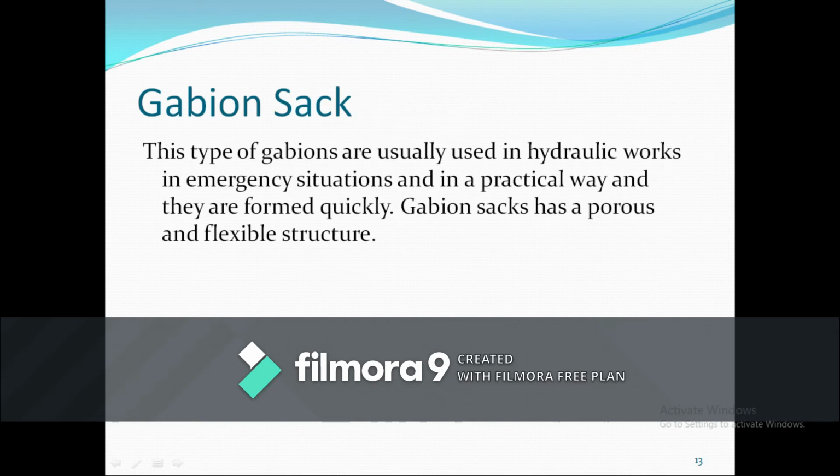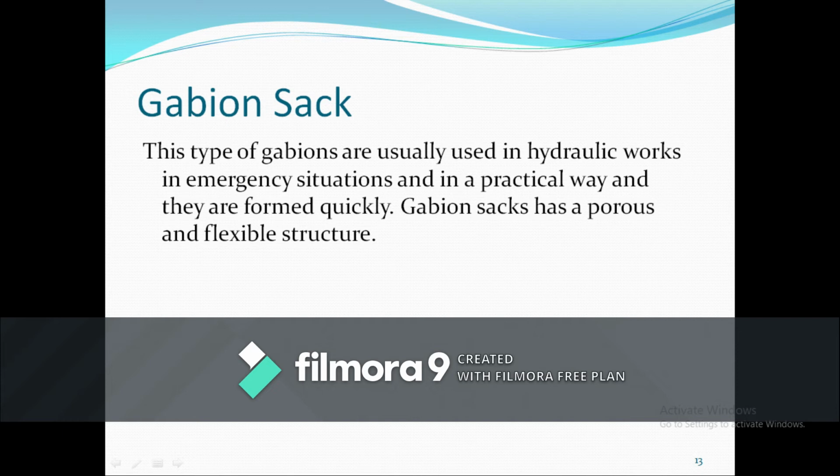The next type of gabion element we have is the gabion sack. This gabion sack is generally used in hydraulic structures. This type of gabions are usually used in hydraulic works in emergency situations and in a practical way, and they are formed quickly. Gabion sacks have a porous and flexible structure.